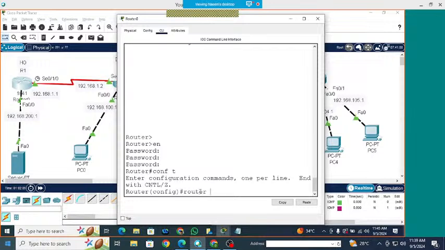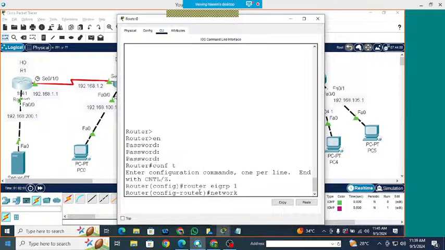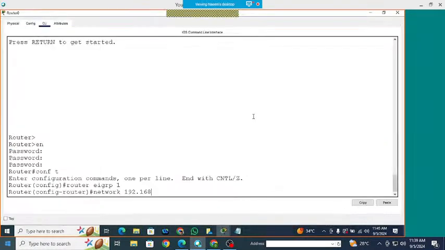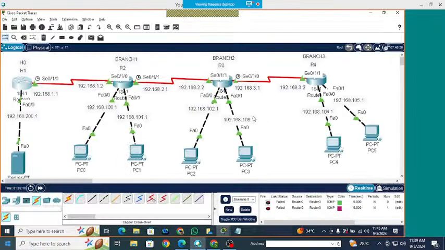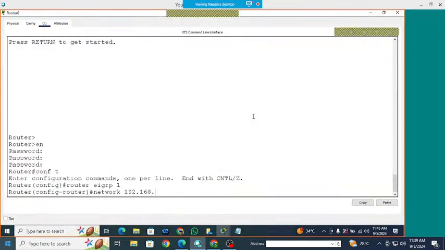I can do router EIGRP. So you just provide the network ID for each and every router. Okay,